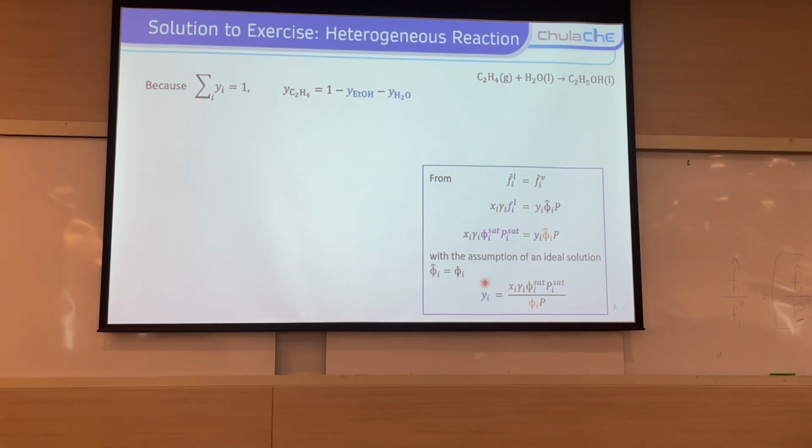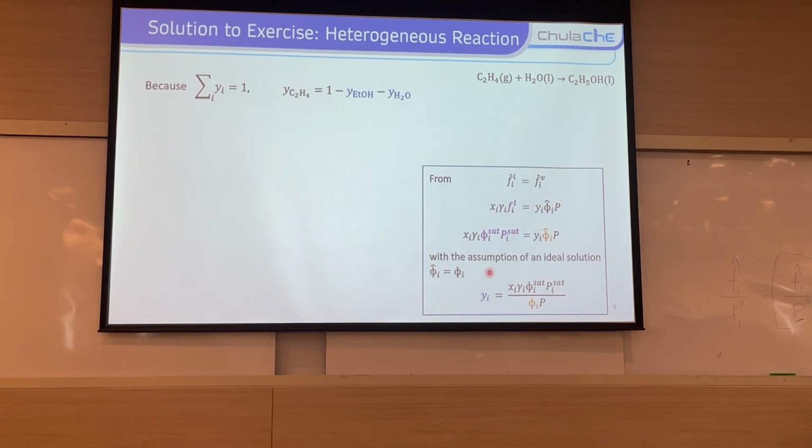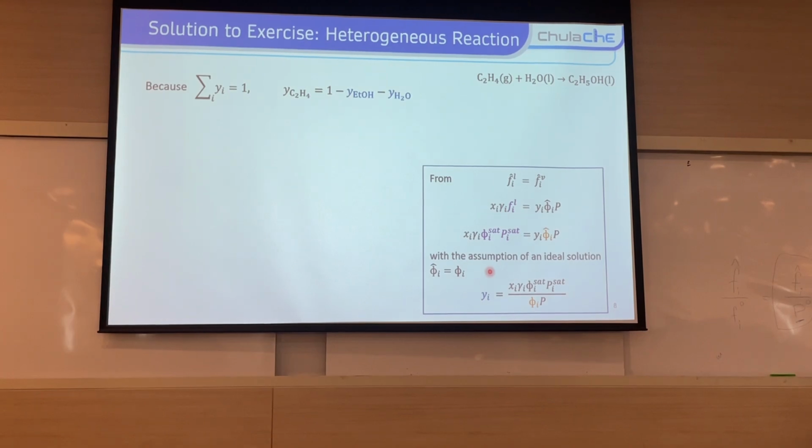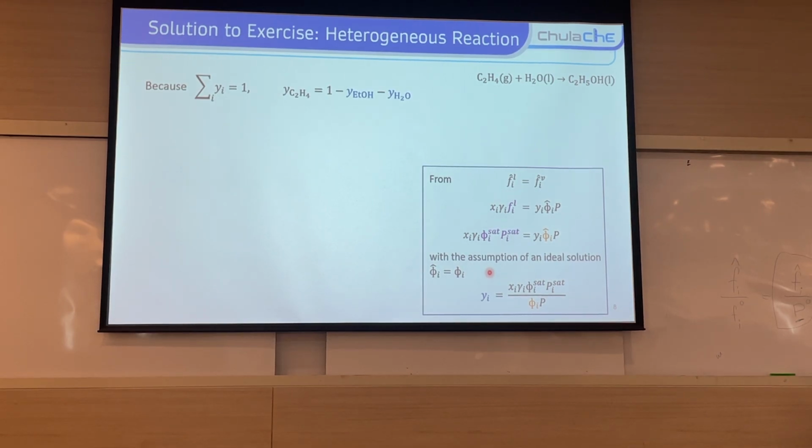Then, for the initial calculation that you can use for determining the initial guess for the next iteration, or sometimes you can determine just for the basis, so that you can see what will happen, you assume the ideal gas solution. In that case, if you assume the ideal